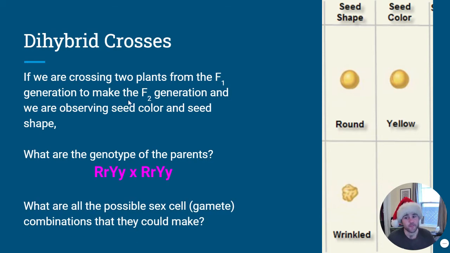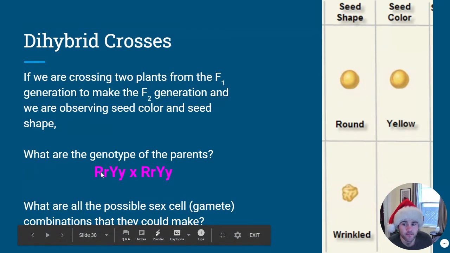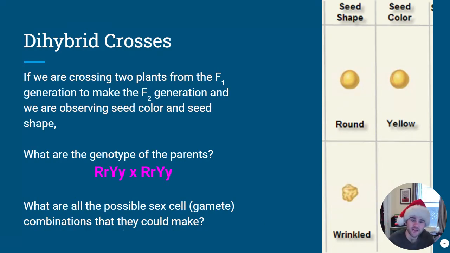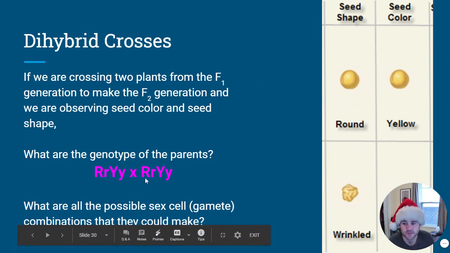Well, that's going to be big R, big Y, little y. Now it's important to note, you're never going to write RY, RY. You're always going to keep your R's together and your Y's together. R's are going to be together and Y's are going to be together. And that's going to be really important when you start doing your Punnett square. You're going to be tempted to do like big R, big Y, little r, little y. No, keep your R's together, keep your Y's together, just like you always keep your dominant or capital letters first.